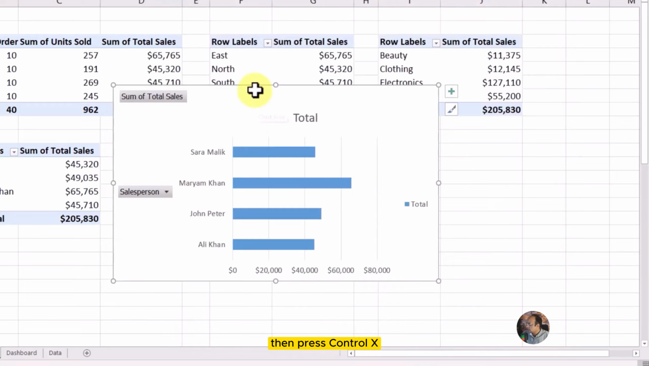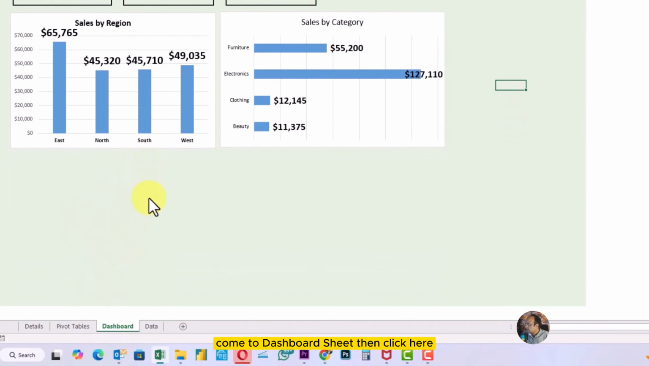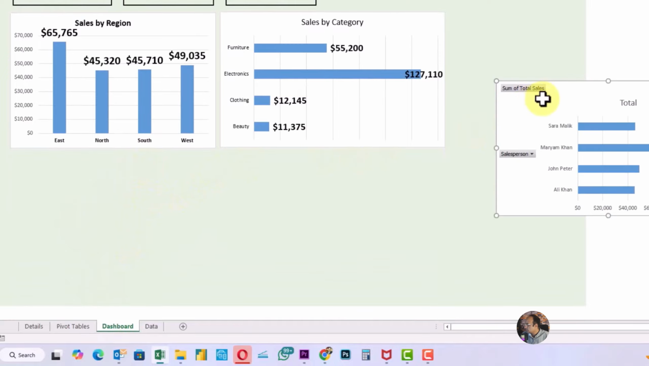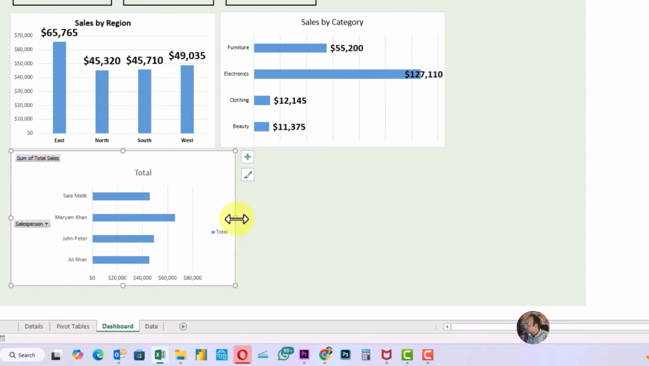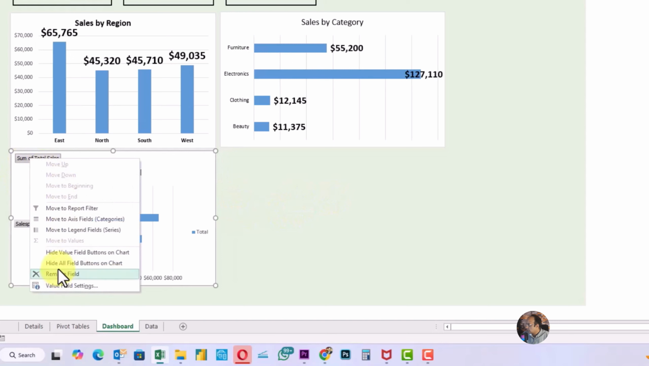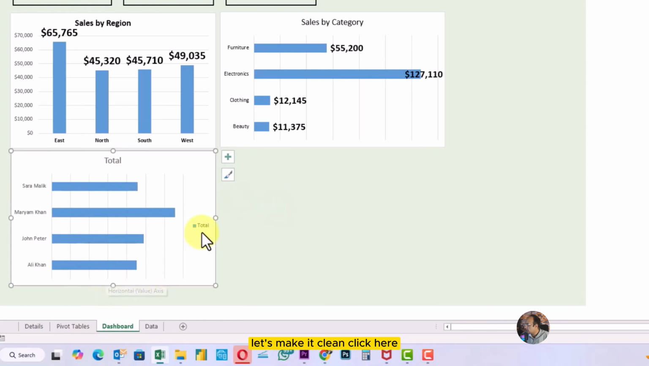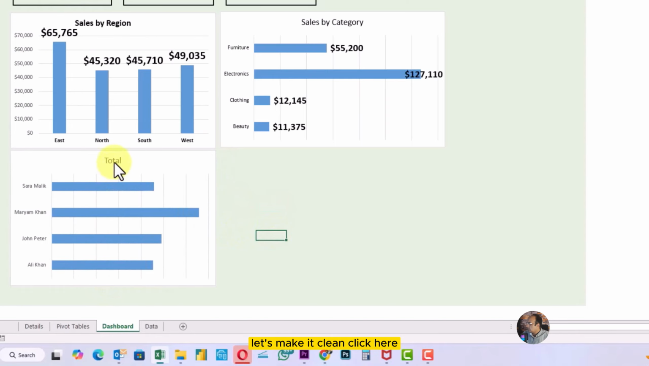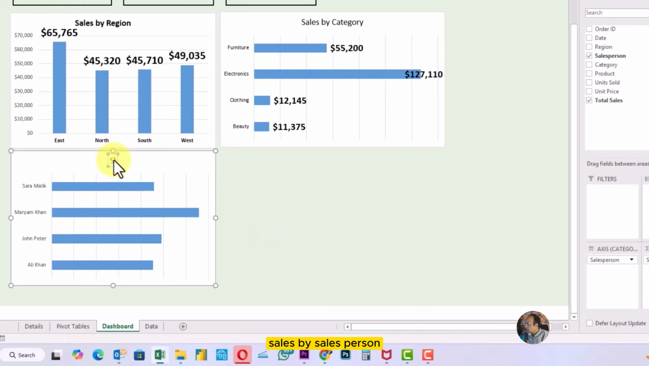then press Ctrl X, come to the dashboard sheet, then click here. I'll expand here, press OK, right click on this, hide all buttons. We don't need this sales, we don't need this. Let's make it clean. Click here, sales by sales person,